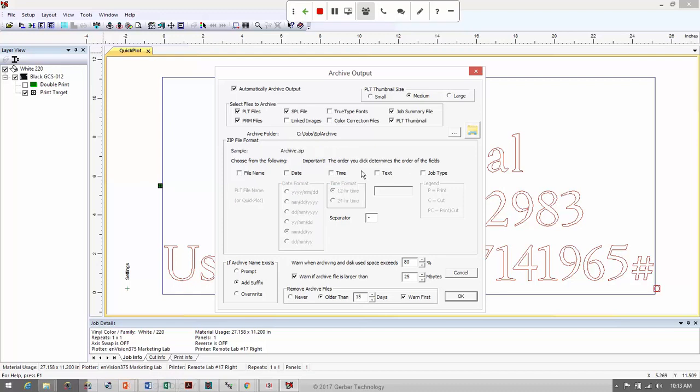So first of all, and the thing that I always use, of course, is the file name. And by the way, the order that you click on these checkboxes is the order that they're going to be presented in the file name. So you can see here I clicked on file name, and it gave me quickplot.zip because I did just an output from Composer. Next, you can do the date, and it does it in